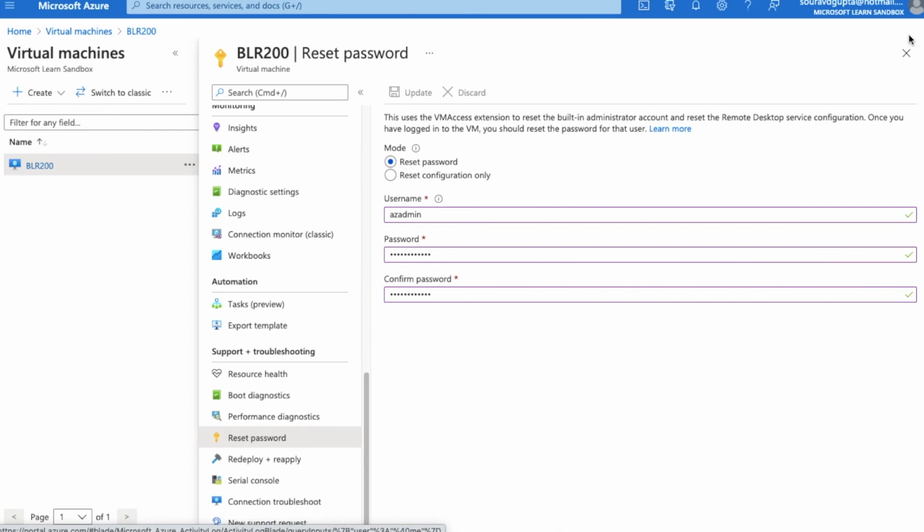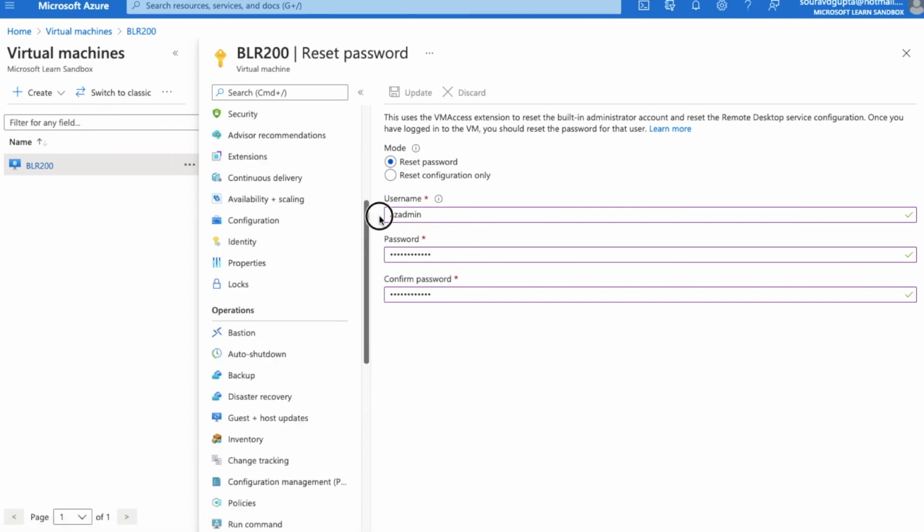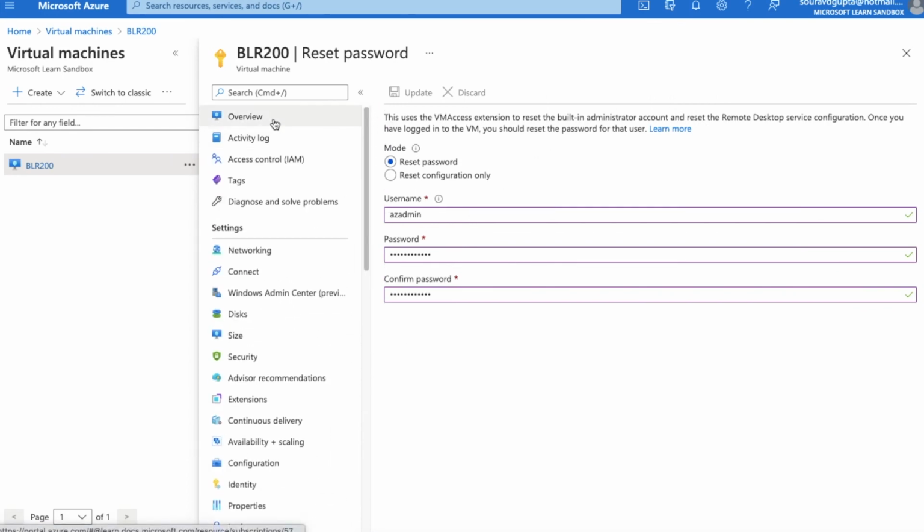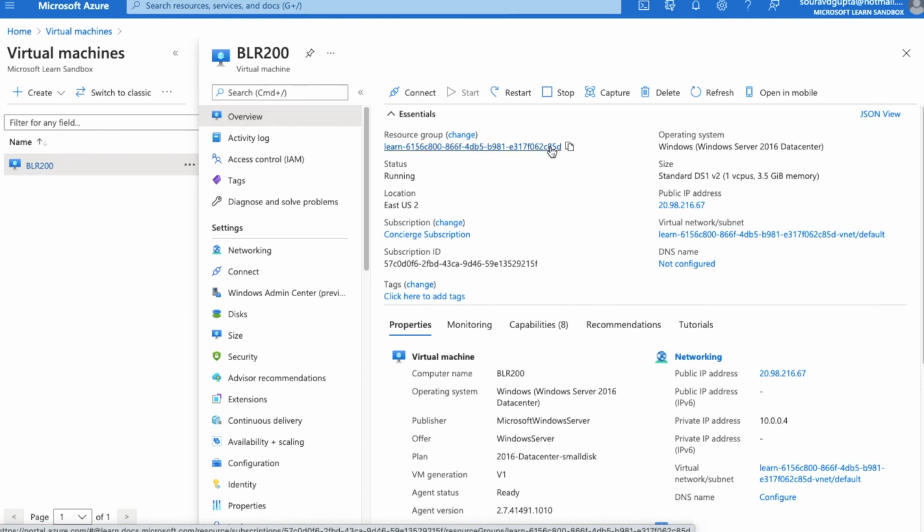We will select the virtual machine, and from the overview pane we can click on restart. It will restart the virtual machine. These are the 6 steps that we can follow.